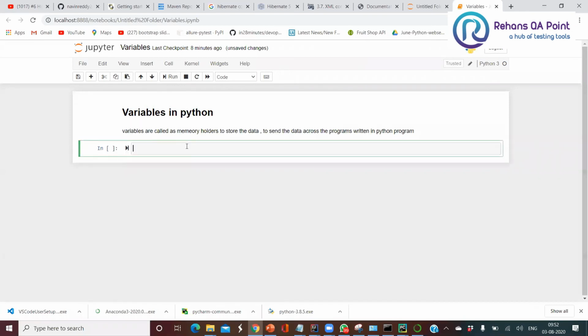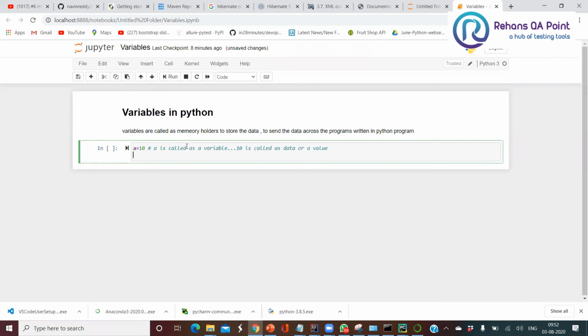So now I want to store two variables. So a equal to 10. Here a is called a variable, and 10 is called data or a value.